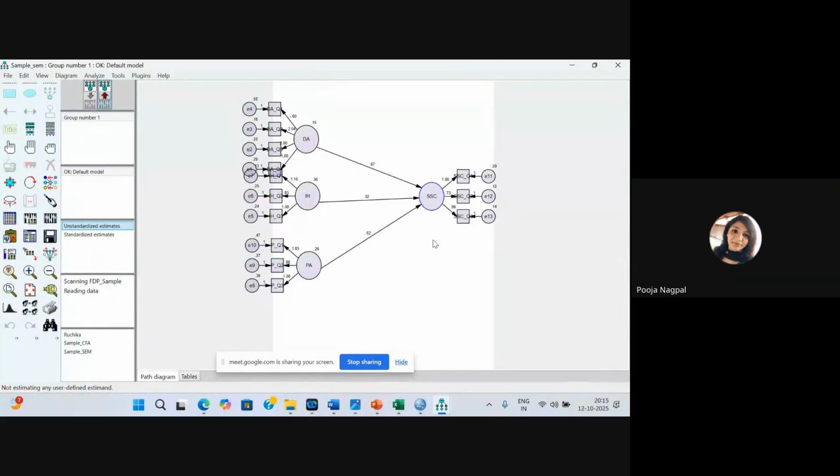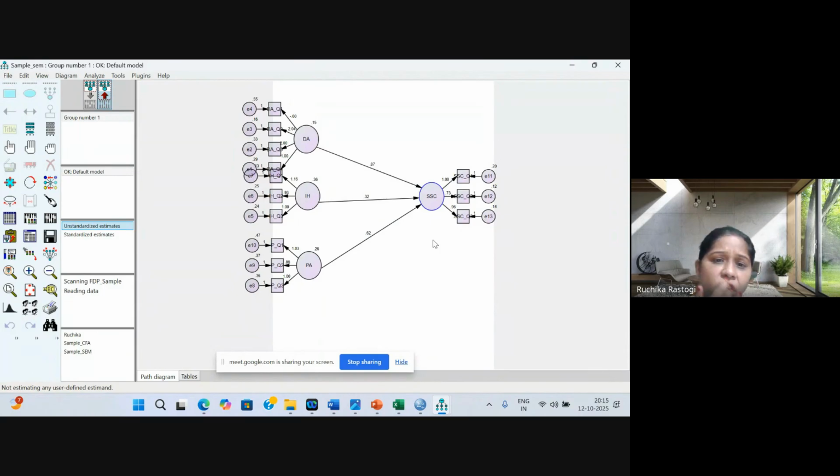Is it visible to you now? Yes, ma'am. Now I can see the weights, but before this, we couldn't see the weights. What we have to do is click on this red button at the above side. As soon as you click on this, there are 2 kinds of weights visible, unstandard and standard. These are unstandard estimates and these are standard estimates. We can always mention the standard estimates